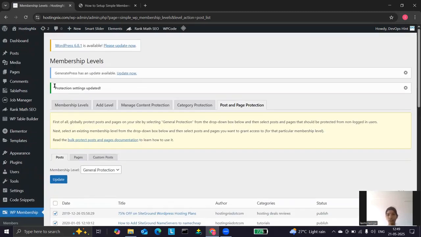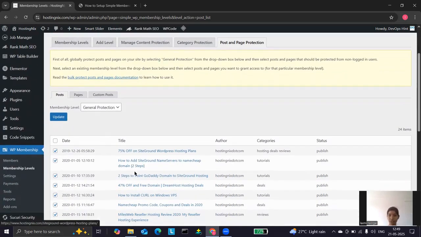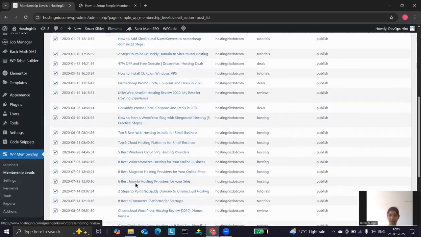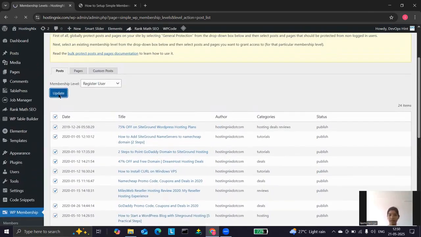Whatever changes are made in one post apply to all posts. Now we use our membership level that we just created, that is registered user. We have to select all the posts of our site and just click on update.